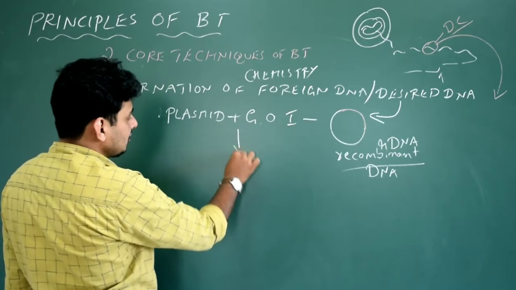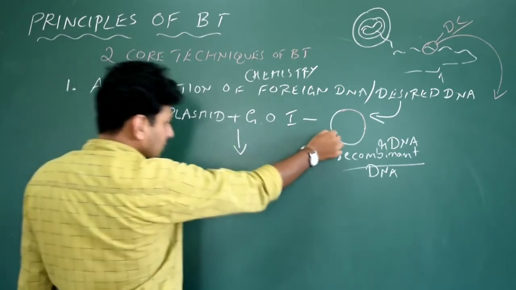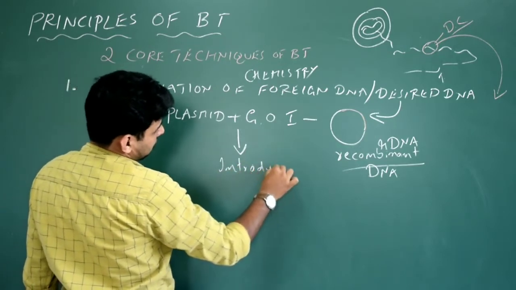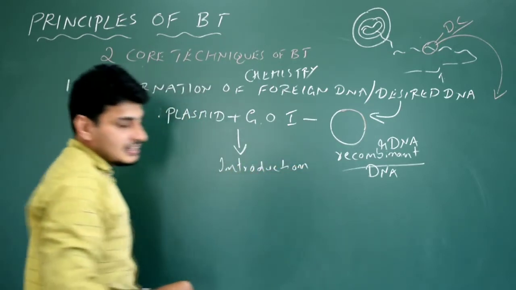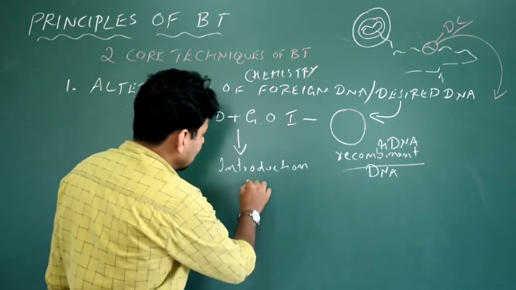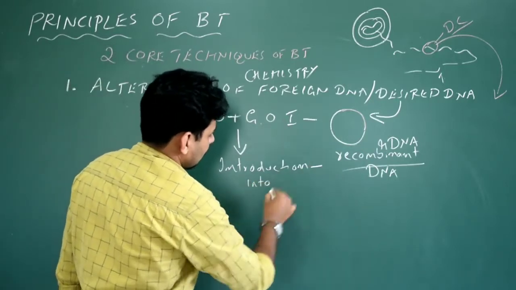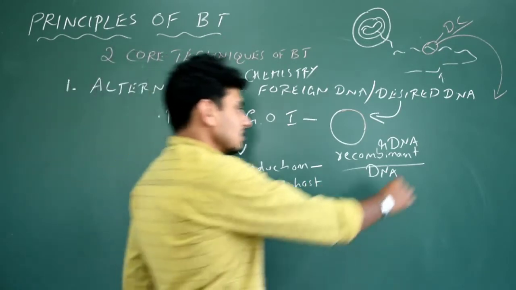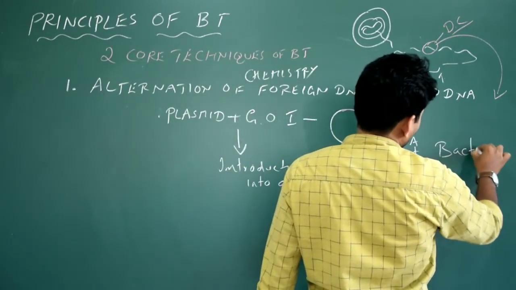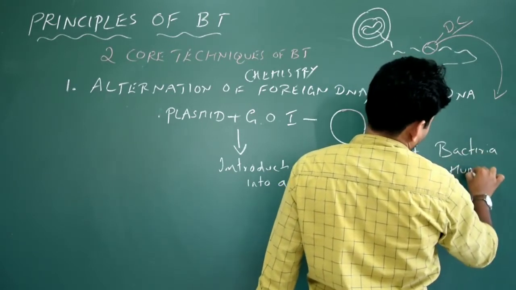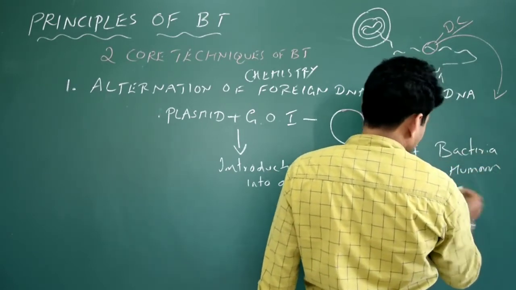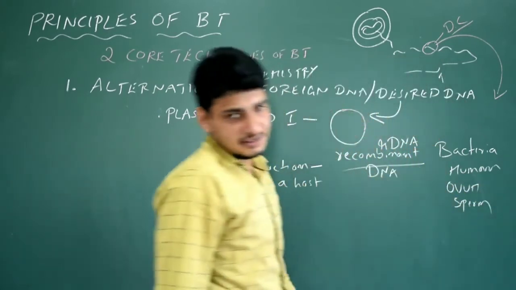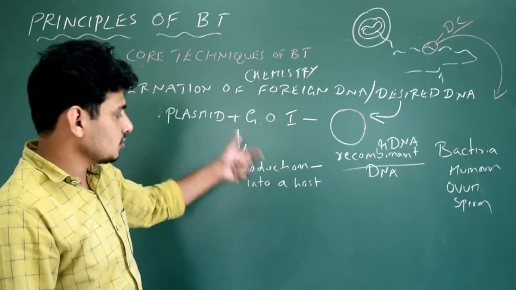After the construction of the recombinant DNA, what do I have to do? I have to introduce this recombinant DNA, that is, insert it into a host. You need to select which is the host. It could be a simple bacteria which can act as a host, or it could be a human being, or the cells of a human being, that could be an ovum or a sperm. So like that you can select. You will understand it later. Okay, so this is the thing.